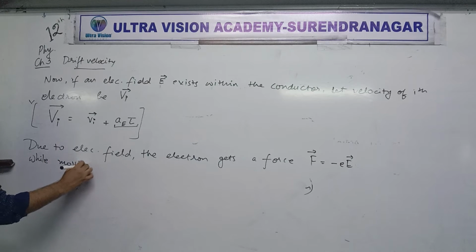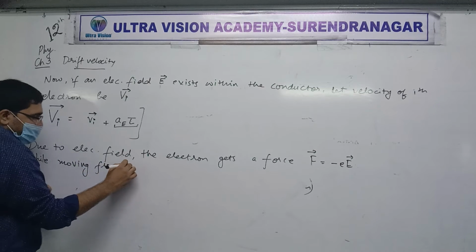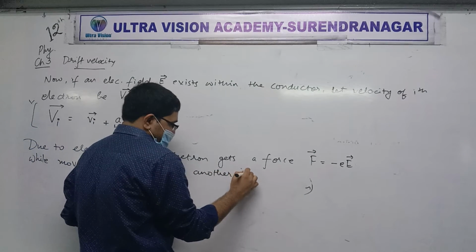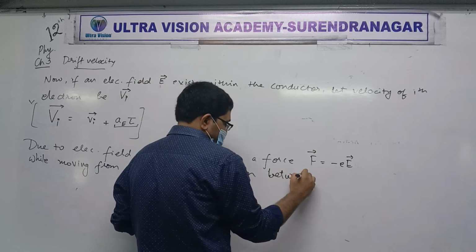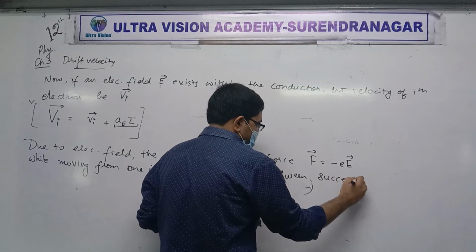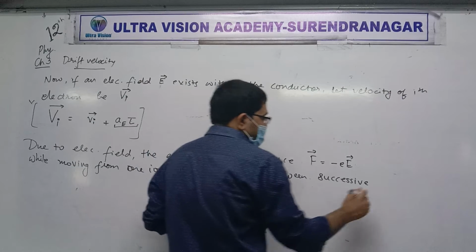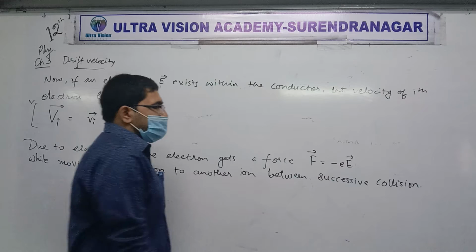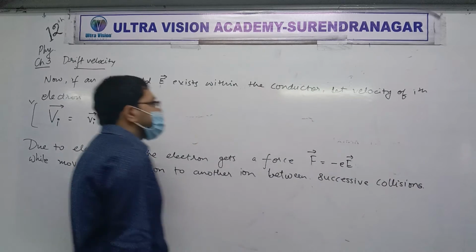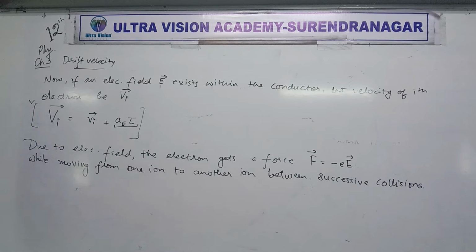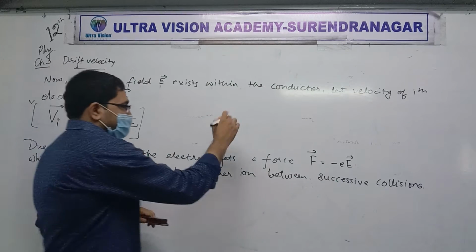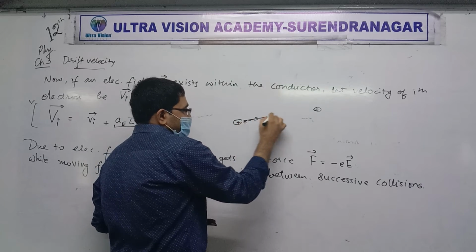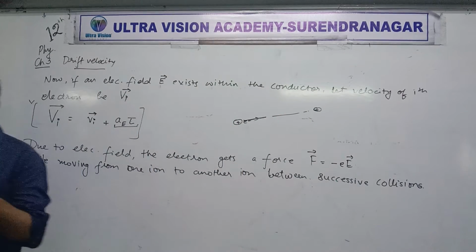While moving from one ion to another ion between successive collisions. Did you understand this sentence? What am I saying? That if suppose there is one ion and there is another ion, and this electron is going from this ion to that ion. So while it will move from one to the other,